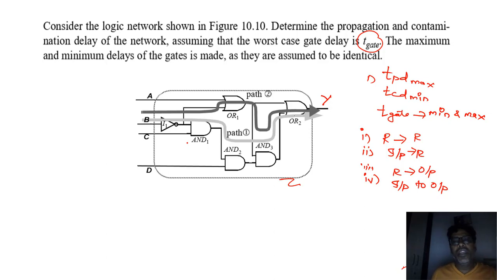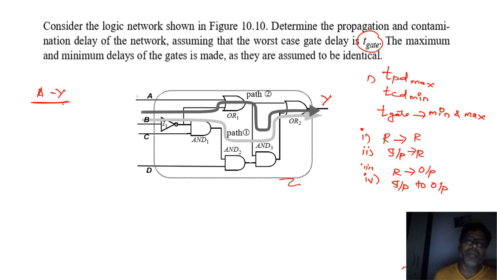But what is being asked, you are asked to find out the propagation delay for the path which has the maximum propagation delay and the path which has the minimum propagation delay. Visually it is made very clear. So the path which has the minimum delay could be from A to Y. How do I say this? Because if I have a signal starting from A, you could see that it goes through R1, R2 and finally it reaches the output, right? So this could be the shortest path delay, right?